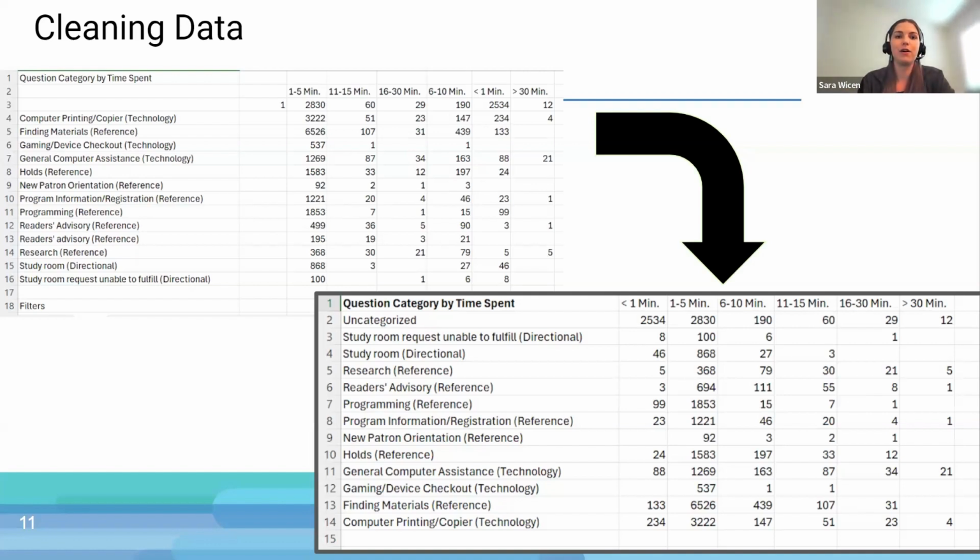And then also we've got a row in row 3 where we have questions entered, but there's no label for what category of questions those were. We've got number of questions, but no question category. So I was able to learn that what the DART export was telling me here was that this number of questions were uncategorized. They did not have a question category assigned to them.